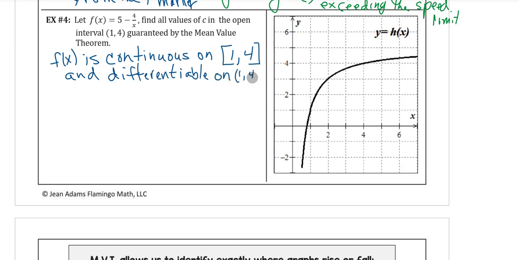Okay, now the reason why we can say this, even though this is a rational function, is because we're excluding the part of the graph here before 1 where it has a vertical asymptote. So on the interval we're given, we have that. Okay, so what this is saying is our mean value theorem